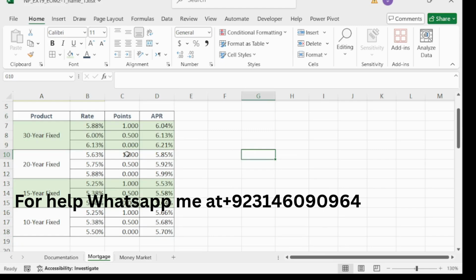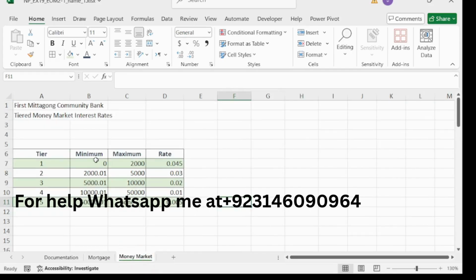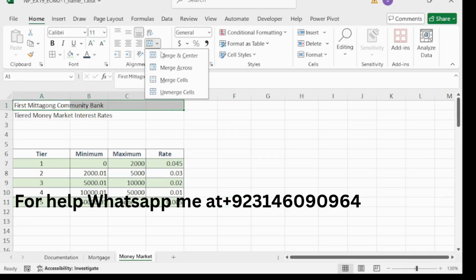So we have completed our 11th step here, and our step number 12 is switch to the money market worksheet. Switch to the money market worksheet, and then format the range A1 to D1. Merge and center the content.